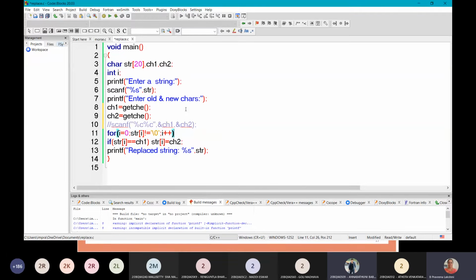So note down this program. You just change ch1 as getche and ch2 as getche. This function takes one character and also displays that character. E is to display the character. Whatever character you give as an input is also displayed on the screen.